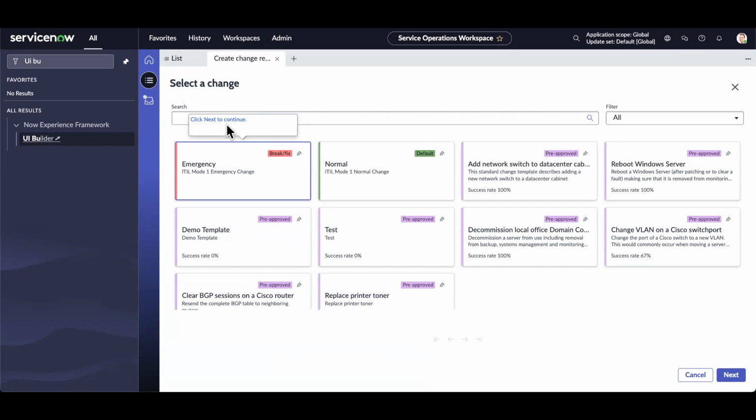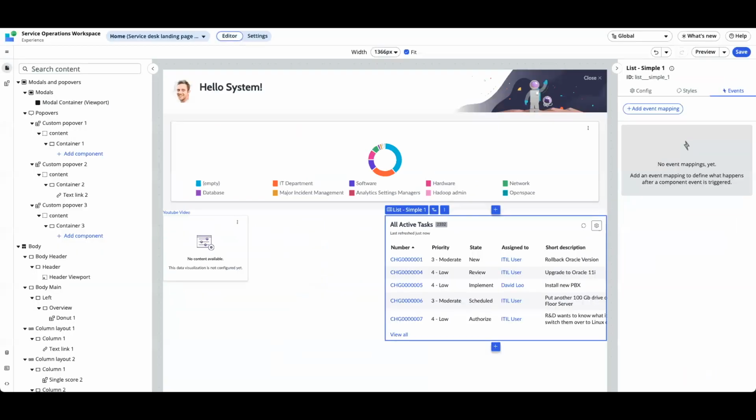It simply says, click next to continue. These pop-ups are gonna be really useful to guide the users on what to do next. You can use it in so many places on the workspace. So how to configure these pop-ups? If we go back to UI Builder,